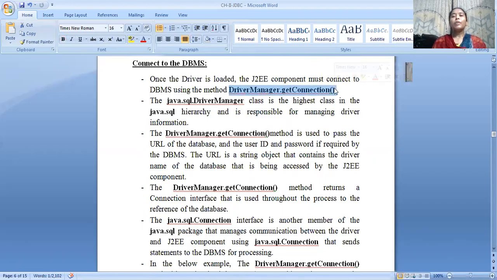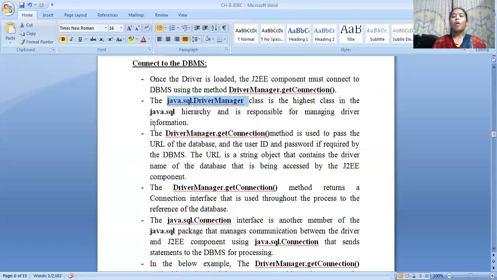So after loading with the predefined function Class.forName of the sun.jdbc.odbc.JdbcOdbcDriver, I need to connect to the DBMS from the front-end J2EE component. For that connection, I need to use the predefined method called getConnection.